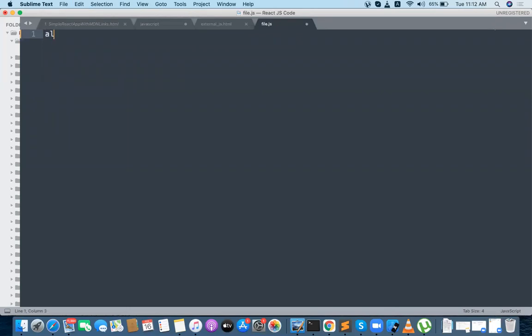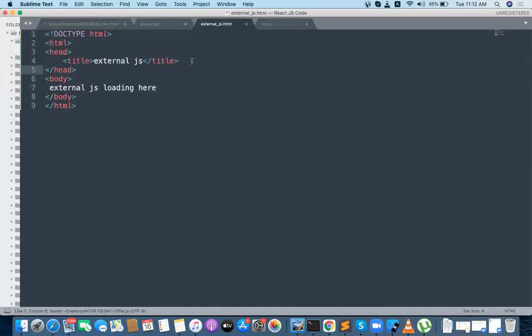And what that particular .js file will have is a simple alert: JS loading from external. That's it, I'm writing a simple thing. No semicolons are required; in JavaScript, semicolons are optional. If you don't put a semicolon, the file will still execute. But I should integrate this JS file in my HTML.